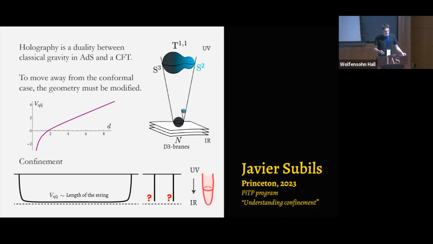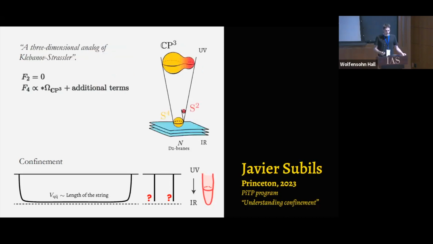The system we're interested in studying was a similar one. The starting point was a system with D2 branes, thus we will be describing a three-dimensional theory. And we consider these D2 branes at the tip of a cone over a complex three-dimensional projective space. And a similar system as in the conifold is realized. So you have this S2 fiber over S4, and you can arrange the system in type IIA supergravity such that the S2 shrinks, and you also get confinement in this system.